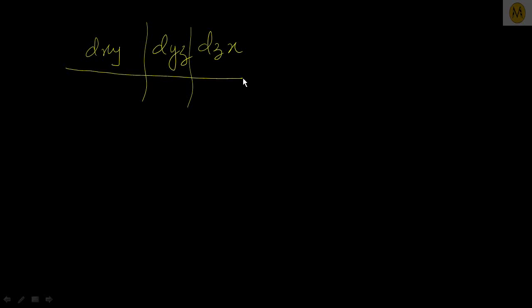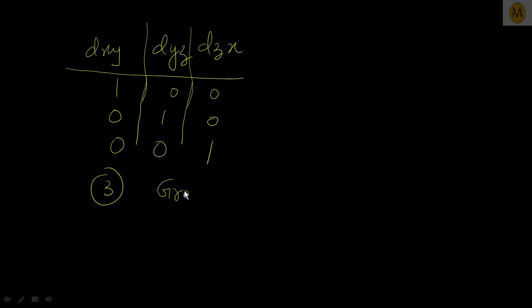First we'll put an electron in dxy, the other two will remain empty. Then we can put one electron in dyz and finally in dzx. So we have 3 combinations in ground state. Alright,